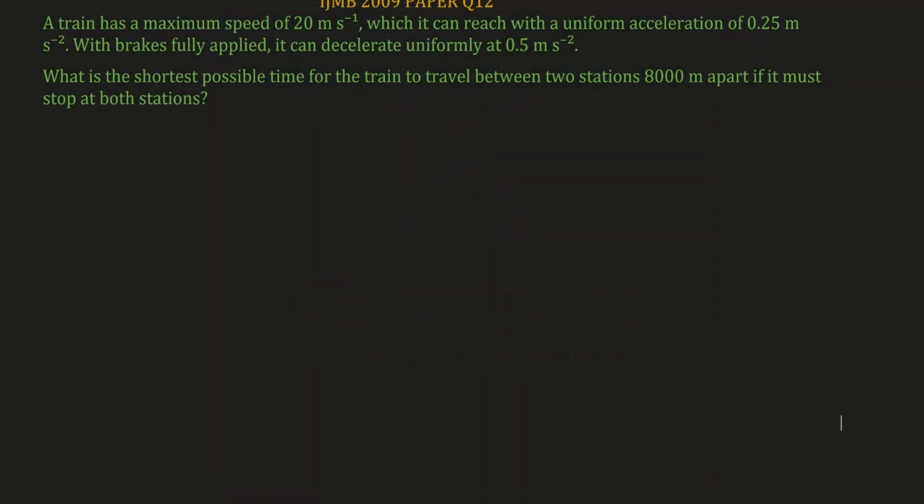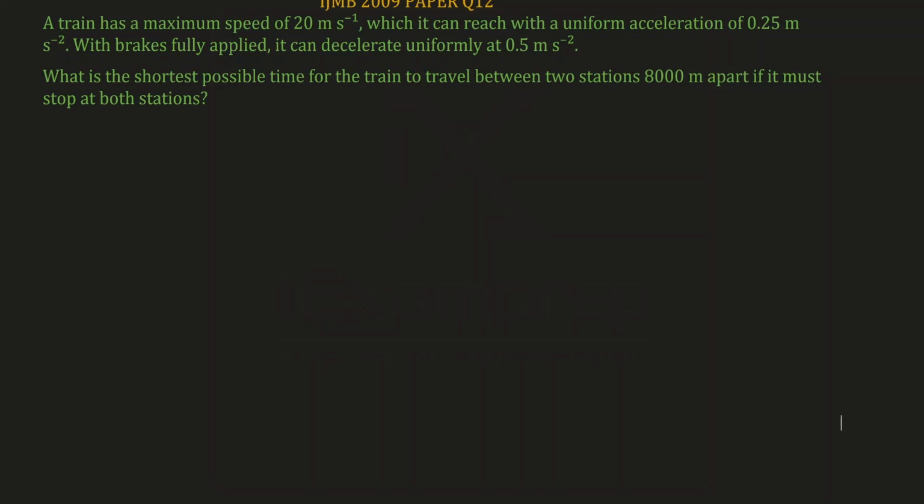Now we have a question that says that a train has a maximum speed of 20 meters per second, which it can reach with a uniform acceleration of 0.25 meters per second squared. With brakes fully applied, it can decelerate uniformly at 0.5 meters per second squared. What is the shortest possible time for the train to travel between two stations 800 meters apart if it must stop at both stations? Okay, this is a very logical question, and the way I'm going to solve it is